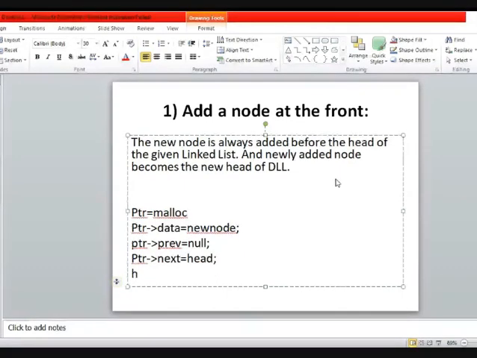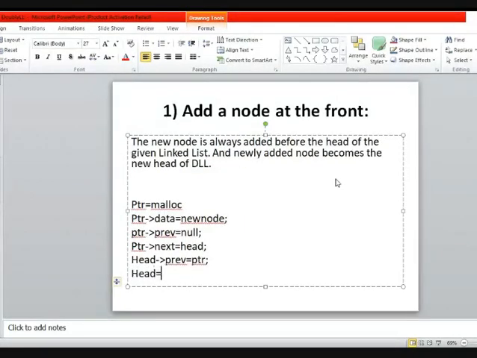So you can write head previous, which was null before, and now assign head previous is equal to ptr. Once you have maintained all these pointers with the help of these statements, you can write that new head is equal to the newly created node, that is ptr.